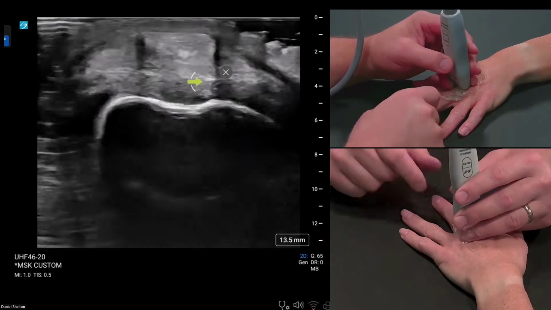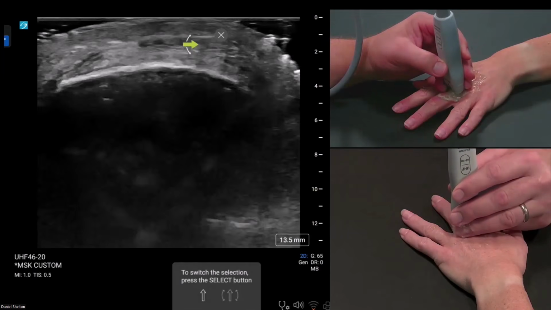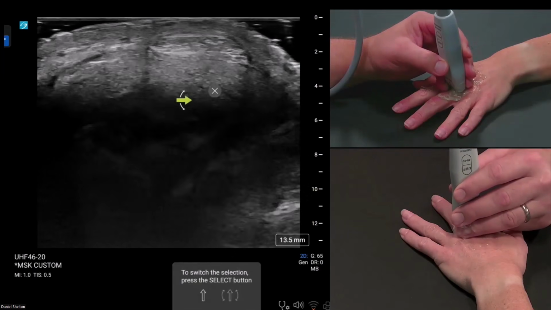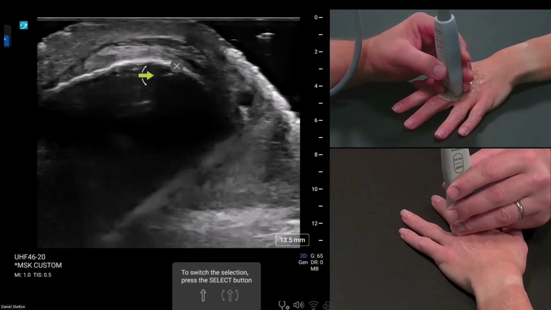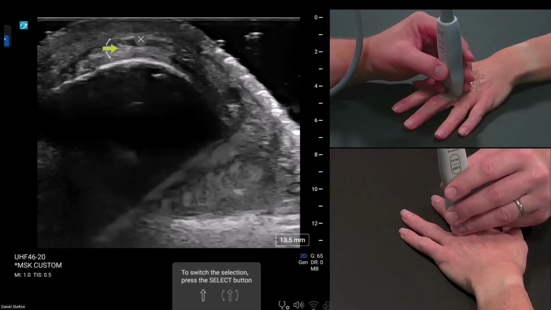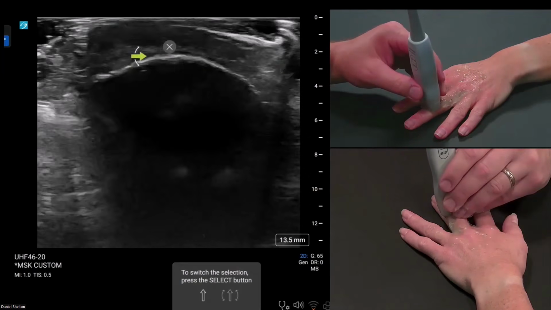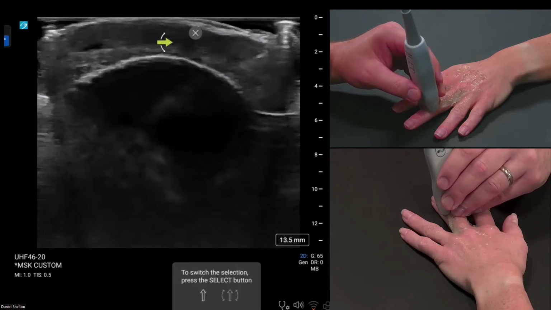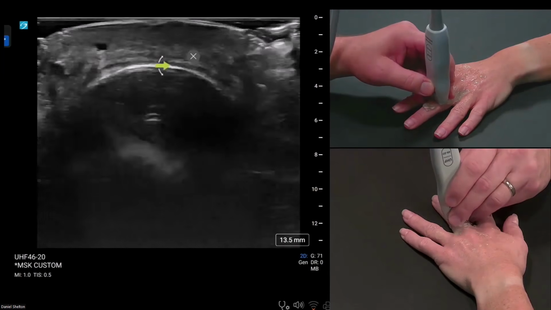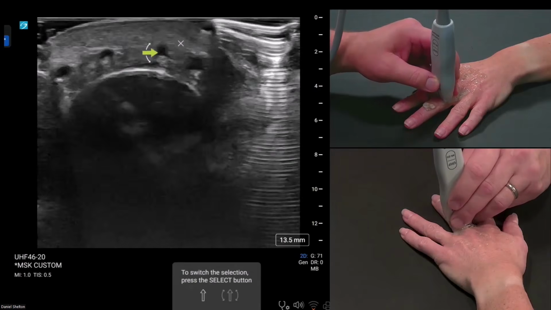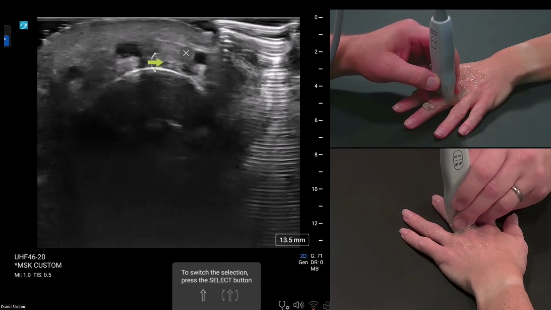So if I followed the extensor tendon distally into the joint right here, I don't see any bones here. I just see extensor tendon. I'm going to go distal, distal, distal. Now I'm at the proximal phalanx. The extensor tendon is starting to flatten out, and the central slip will attach right here on the proximal edge of the middle phalanx. And on each side, you see vessels, neurovascular structures, easy to compress.